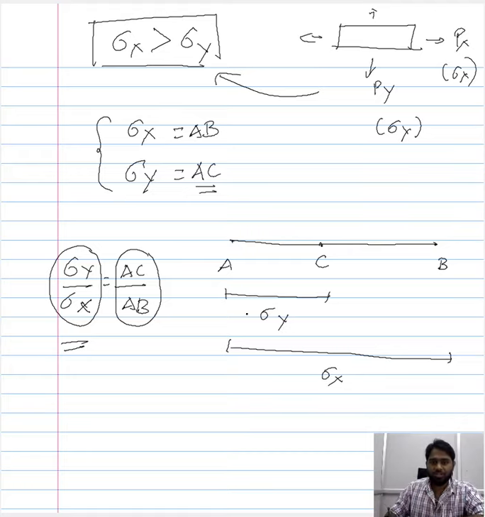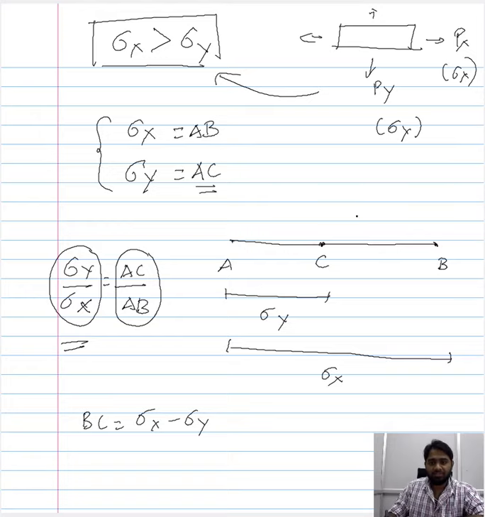So essentially you have now represented, in a straight line, the stress acting along the x direction and the stress acting along the y direction. Remember, this is only possible when you fulfill this condition, and both of these are tensile loads, or a biaxial tensile load. Now this region BC is nothing but sigma x minus sigma y. So this region BC, between B and C, is nothing but sigma x and sigma y.